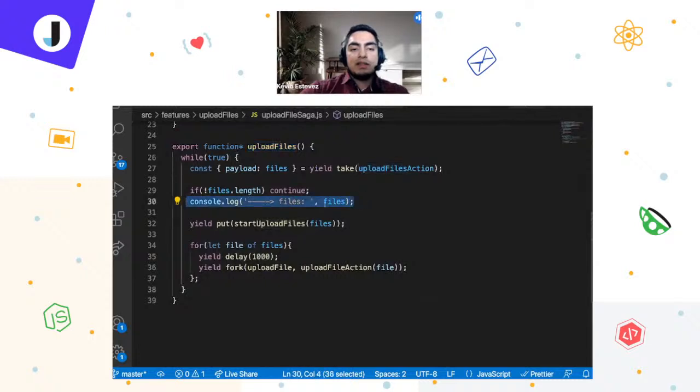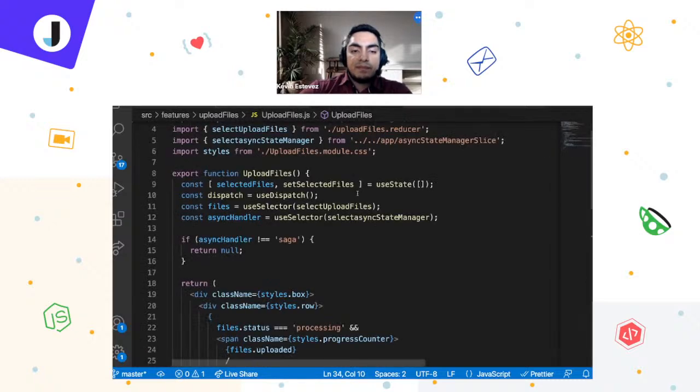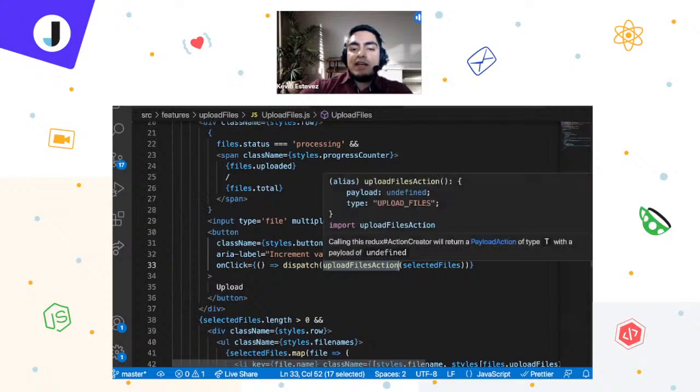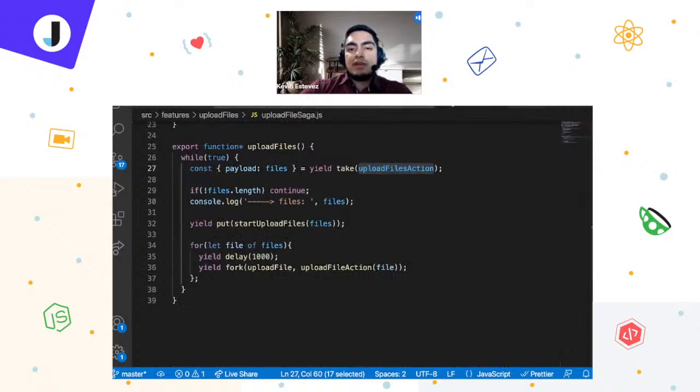And here I'm console logging the files, all the files. As you can see, this saga is in a while true loop, waiting all the time for this action to be dispatched. This action is dispatched at the moment when I click the upload button right here. When I click the upload button, I dispatch the upload files action, and this is a simple JavaScript object, as I mentioned before, right? This function returns a simple JavaScript object, and this JavaScript object comes with a payload, which in this case is the file,